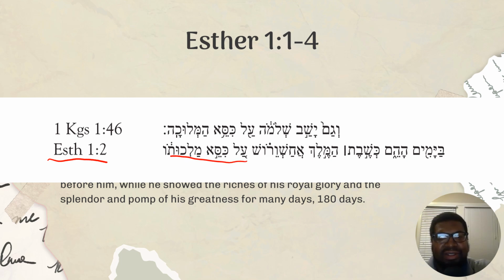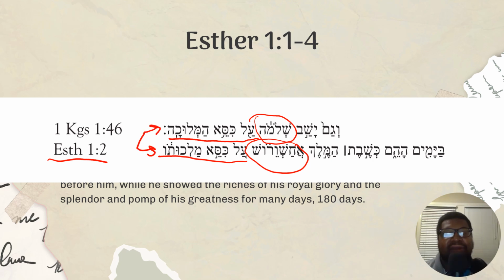And one of the things you notice in the Hebrew Bible is that to sit upon one's throne is a very rare phrase. It's only used in Deuteronomy to talk about the king, the ideal king that God would have, and then the only two people who are said to do it. In Hebrew, this is Solomon's name, and this is Ahasuerus' name, and you've got the same exact phrase here of Solomon and Ahasuerus. And so, even though you're supposed to say, okay, Ahasuerus has all these riches and glory that he's trying to display, through what's called intertextuality, which we'll slowly explore in my lectures, and we'll get to a specific lecture on that at the end of this series,